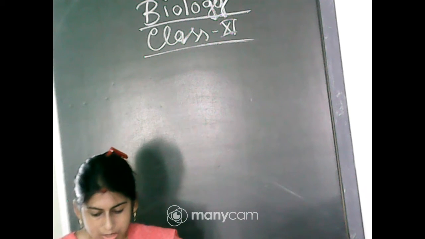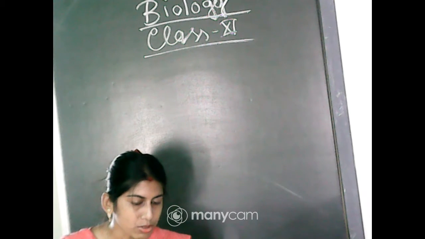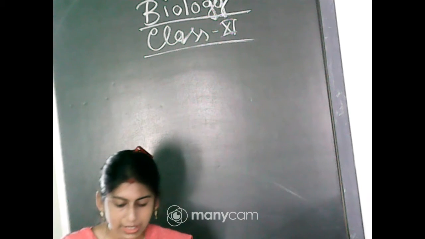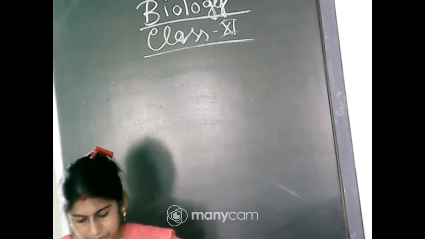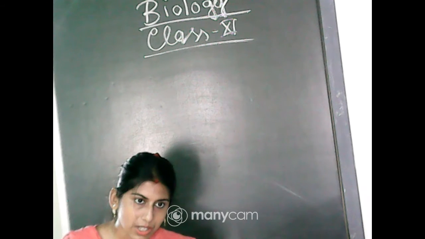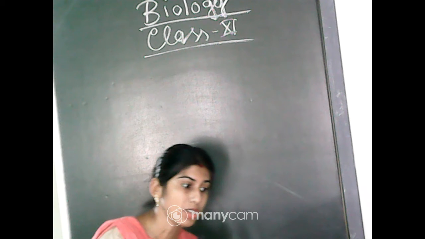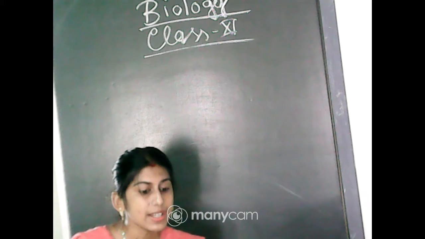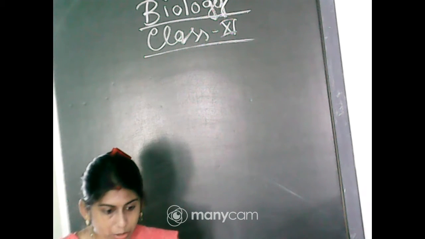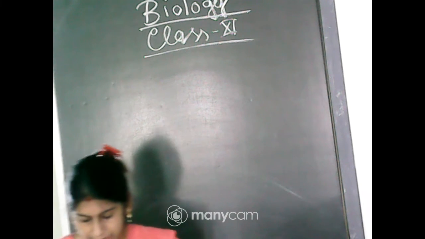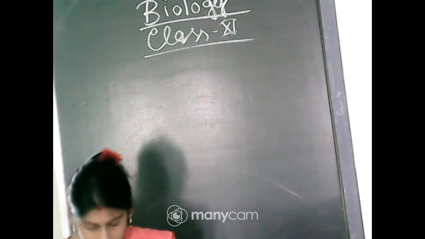And why is this process also called the light independent phase? Because this process is not directly dependent on the presence or absence of sunlight. Okay, but it is dependent on the products of the light reaction, which occurred with the help of sunlight. What are those products? ATP and NADPH, and besides, carbon dioxide and water.